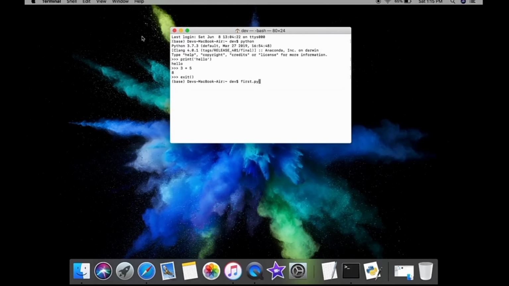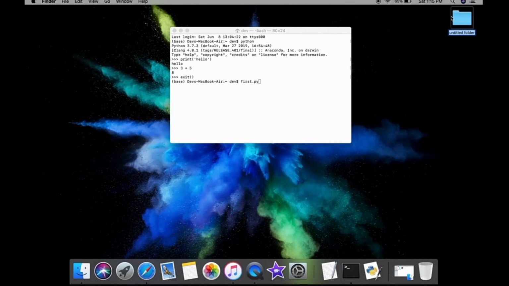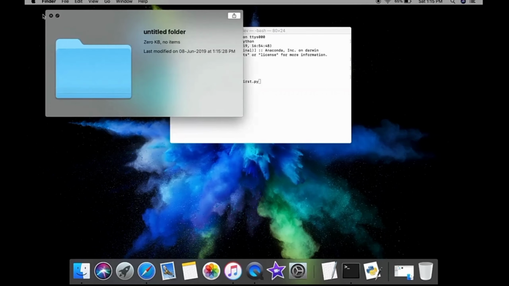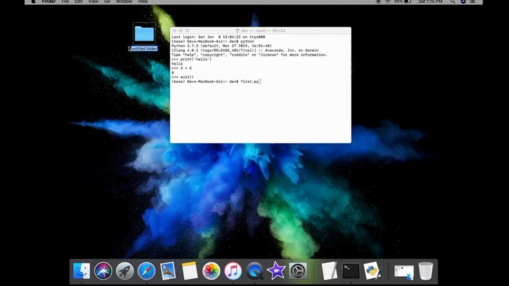Like if I have a folder here on the desktop, new folder, let me rename this folder Python, and let me also write 1, so then it will show that this is the folder. Now if my program is in this folder and I want to run that program, first I need to access this folder and then I will access the program.